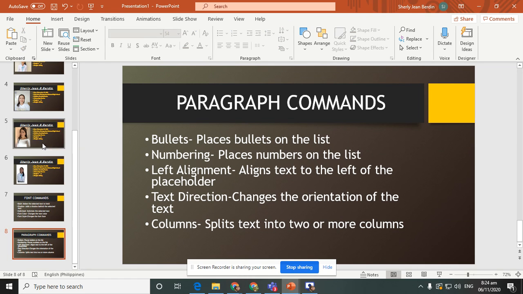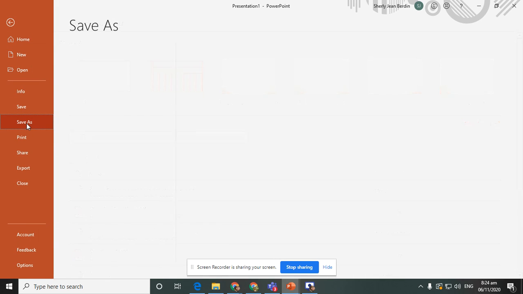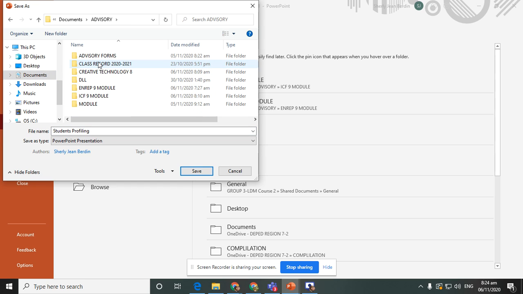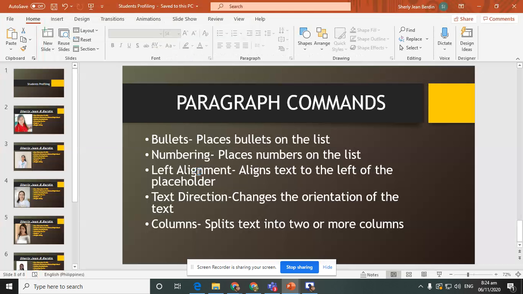And if you're finished with that, you can go to File. You can click Save As, go to Browse, and make sure you're going to find your documents easily. Students Profiling. And then you have to upload that one to your folder on the Google Drive.